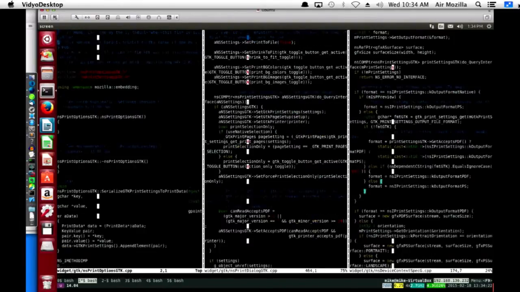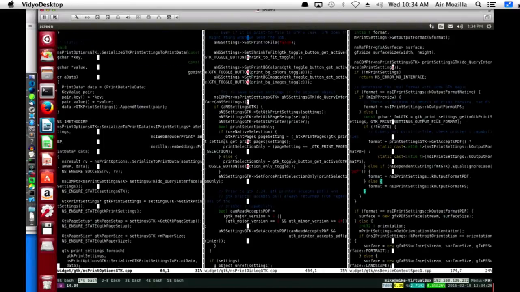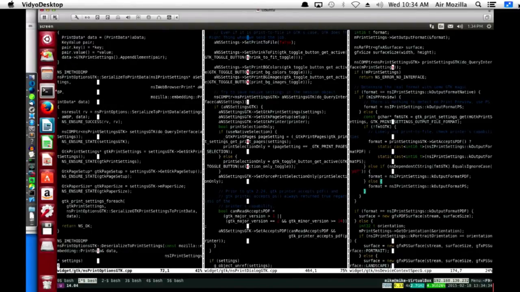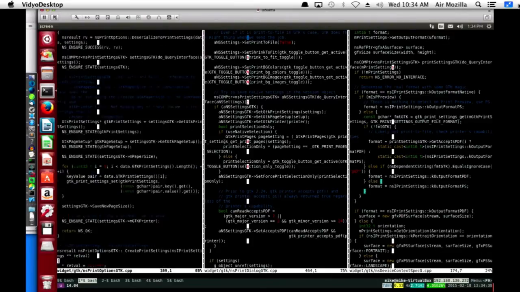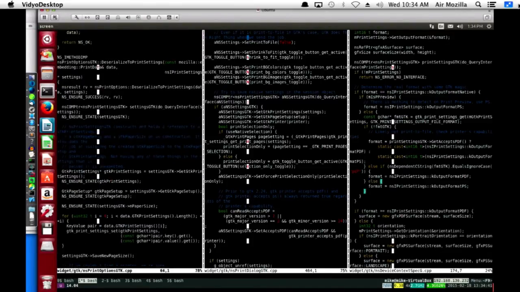Over-engineered like crazy. That's the other thing I wanted to say about this printing stuff. Over-engineered like you wouldn't believe. I'm not casting blame. Printing is hard, but man, all these interfaces and generic things, they're confusing. They're very confusing.